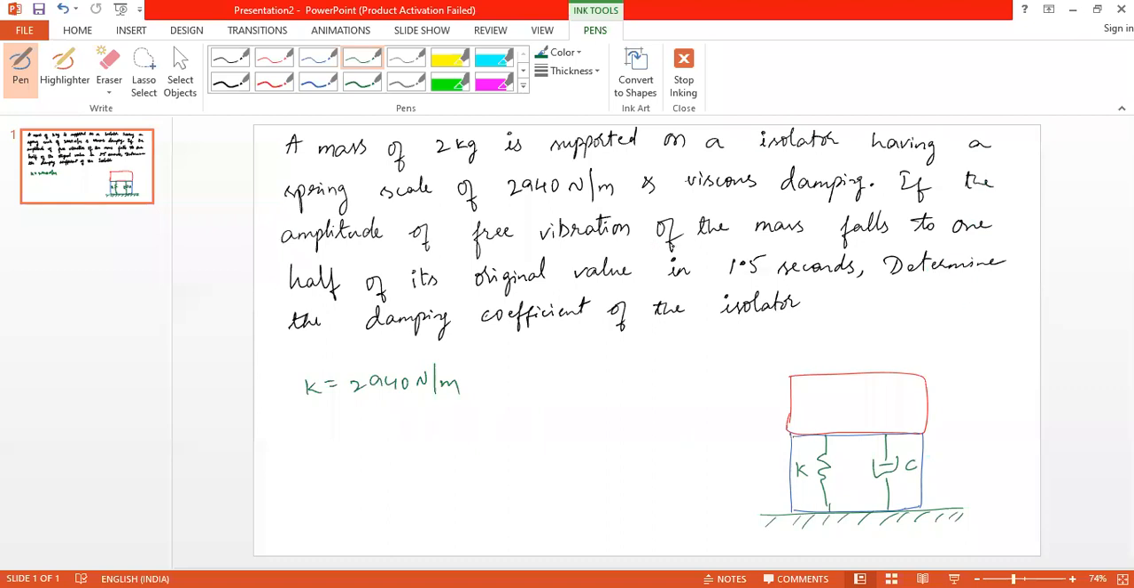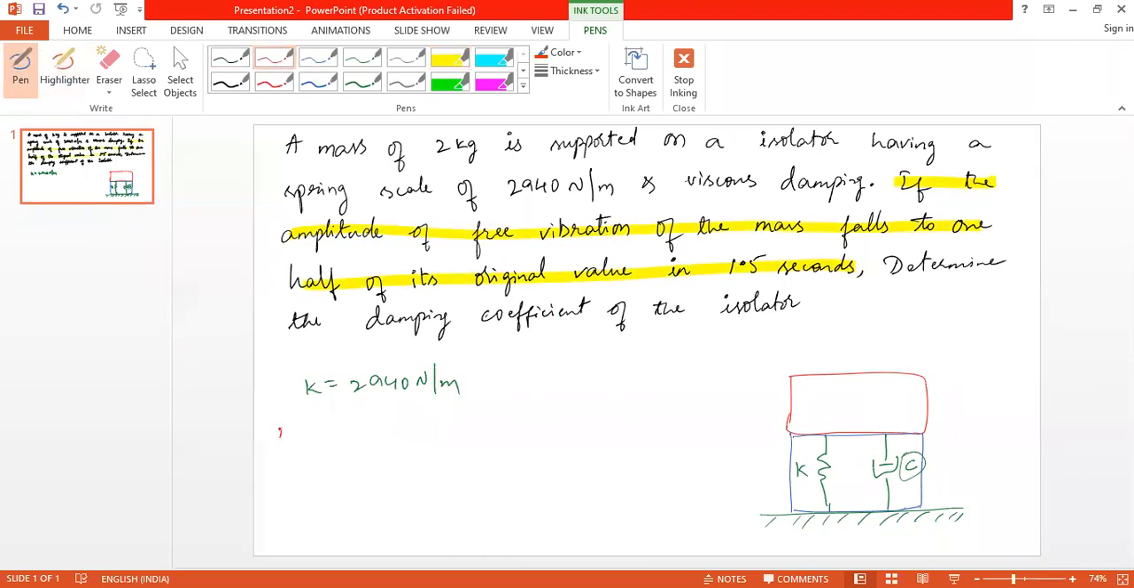If the amplitude of the free vibration of the mass falls to 1/2 of its original value in 1.5 seconds, determine the damping coefficient of the isolator. We need to find the value of C. But what does this statement say? If the amplitude of the free vibration of the mass falls to 1/2 of its original value in 1.5 seconds,